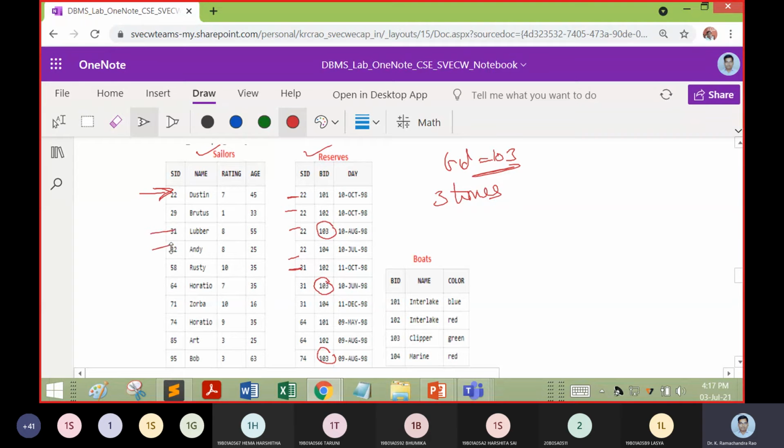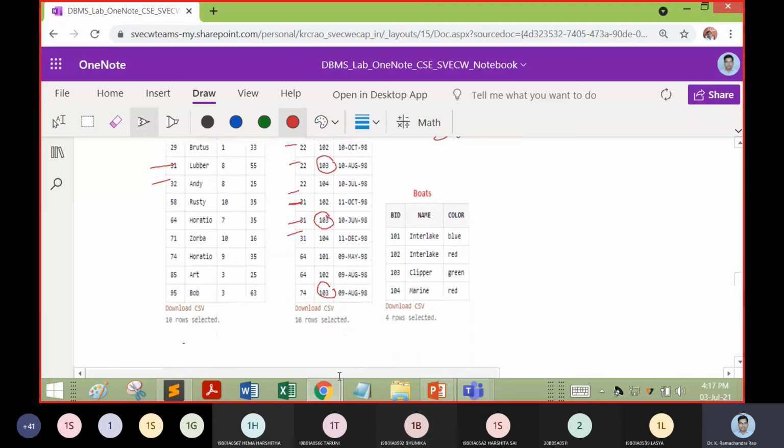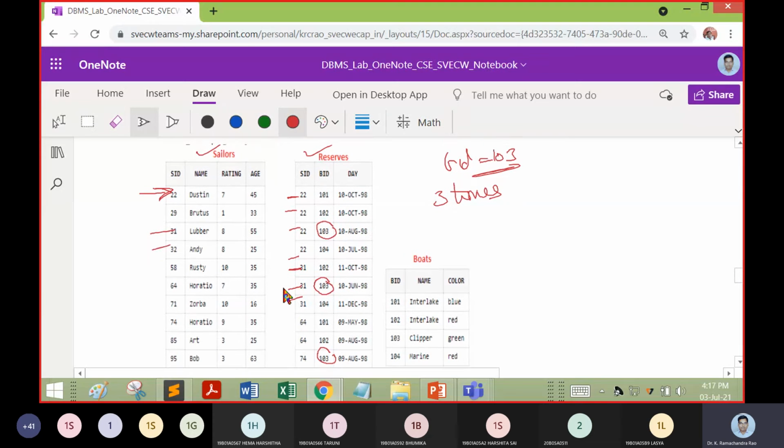Next we have 64, and the last one will be 74. So these 4 are going to be all the sailors.